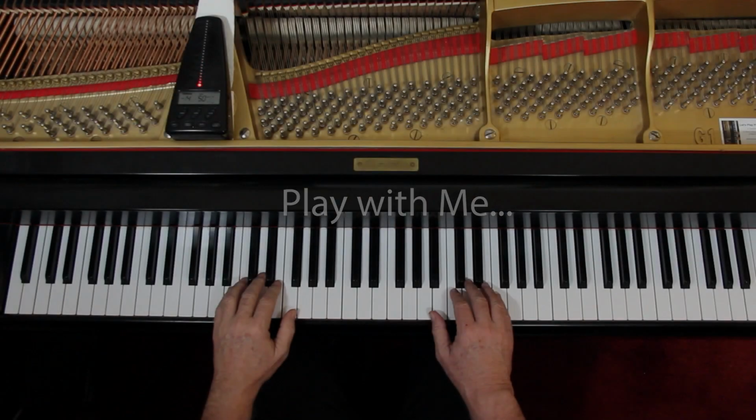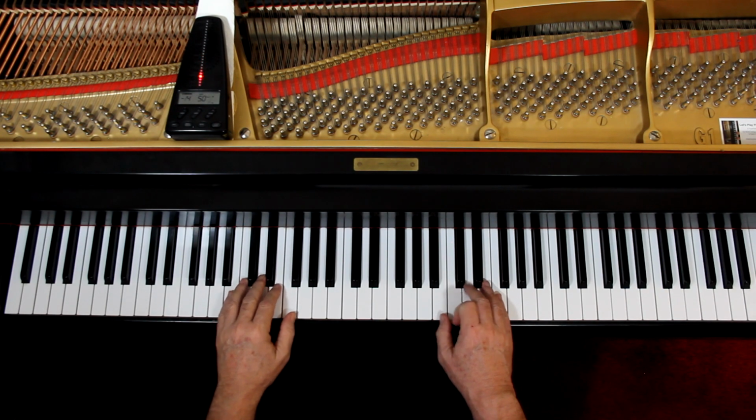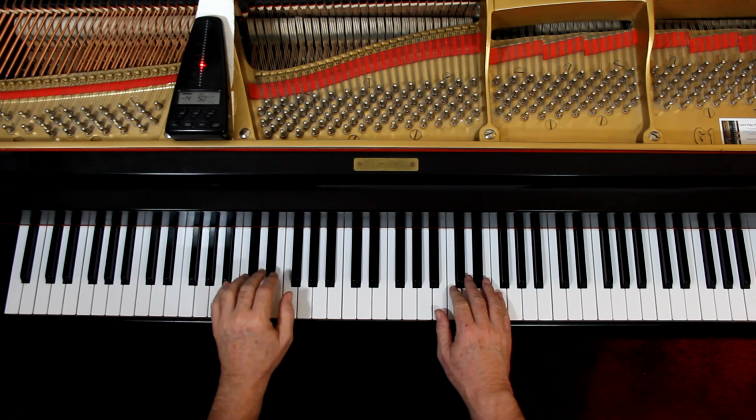I'd like to play this with you very slowly to double check the notes and the rhythms. I'm not going to do dynamics. I'll give us 3 counts. Let's just play it together slowly. 1 and ready and go and 4 and 1 and